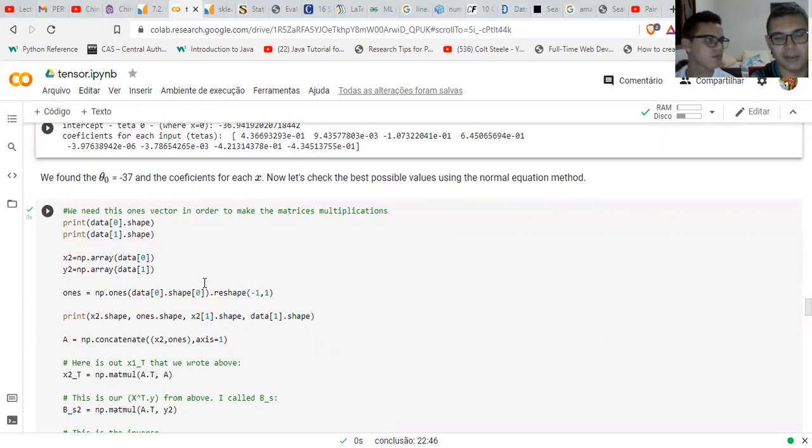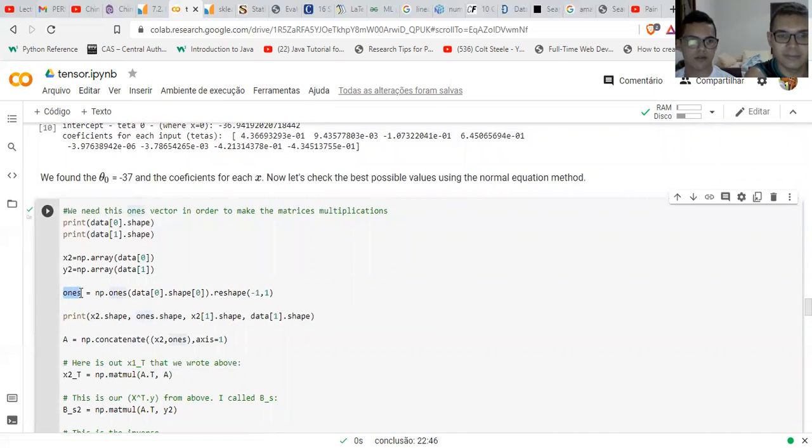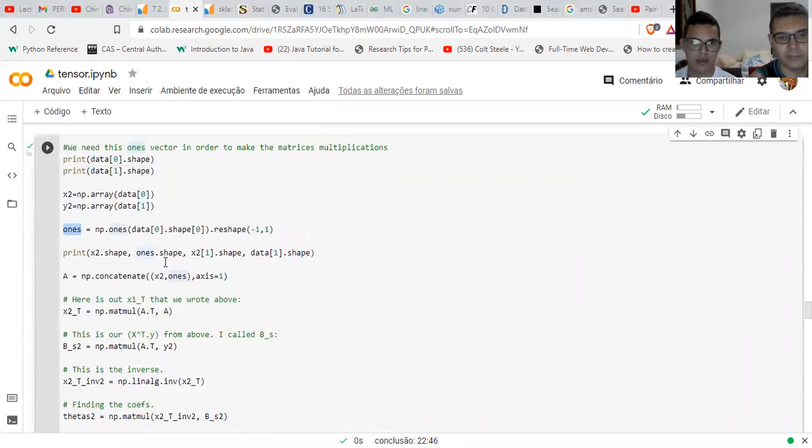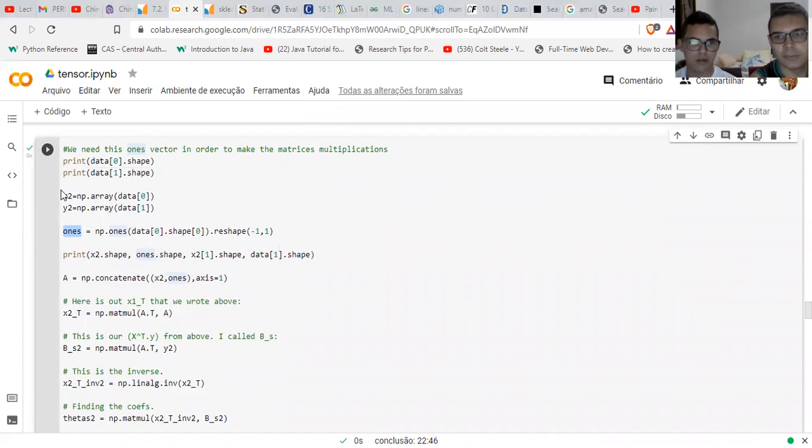Yeah, guys, matrix multiplication is some crazy thing. So you have to keep track of the shape in order to be sure that you're multiplying the matrices correctly. And again, we create another vector of ones with the same shape of data 0. That's our x vector. And we print the shape again of each of them. And then we concatenate the x2, that is our x, with our vector of ones, just to have this